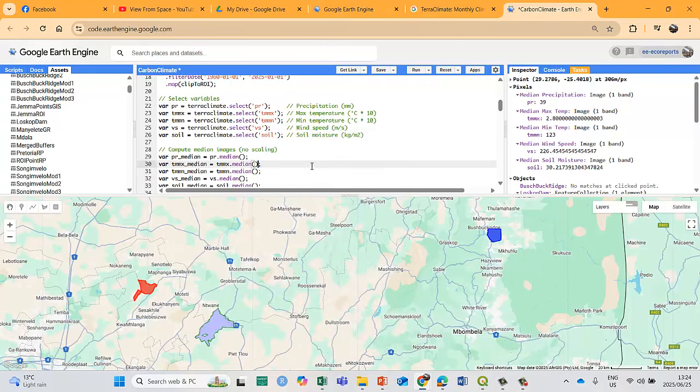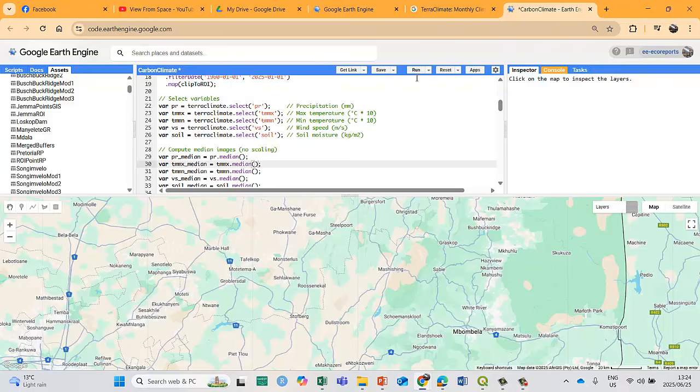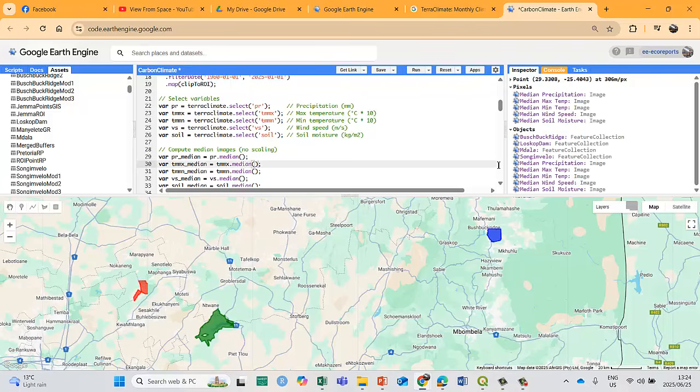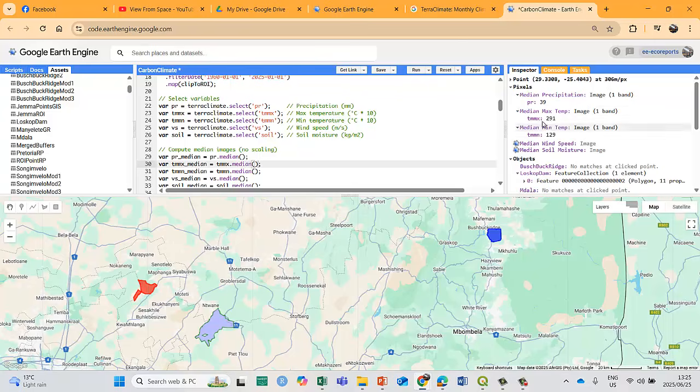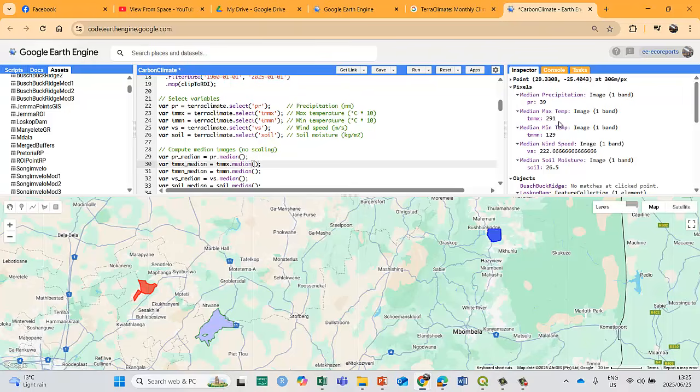Copy and cut and run it. And then if I do the inspector, you'll see that it will be a value in the hundreds and not in the tens. Now that should not make sense to you at all. You see, maximum temperature 291 degrees. We'll all be dead. We'll all be well done, eh? How do you like your steak? Well done. So we need to amend it.